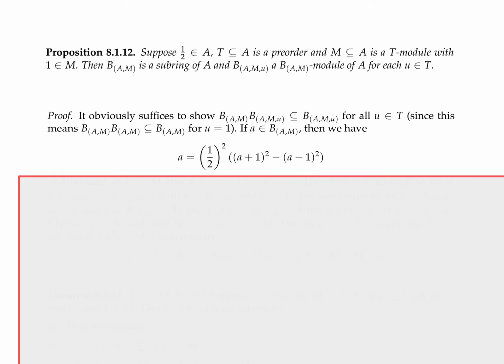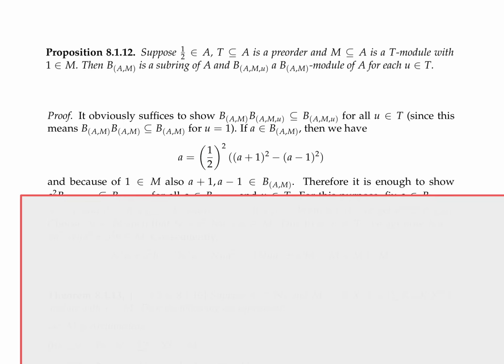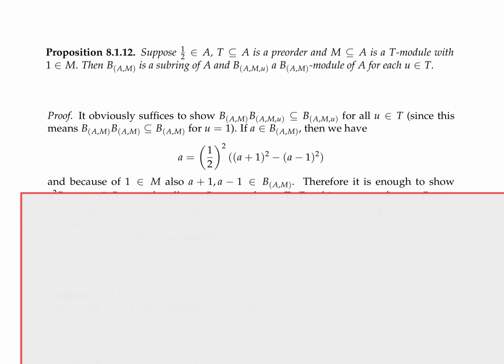So the trick is that I write A essentially as a difference of 2 squares. Like this, because 2 is invertible, I can here divide by 4, so that's okay. And 1/4 is actually a square. Because T is a preorder, it contains the squares, right? And so,